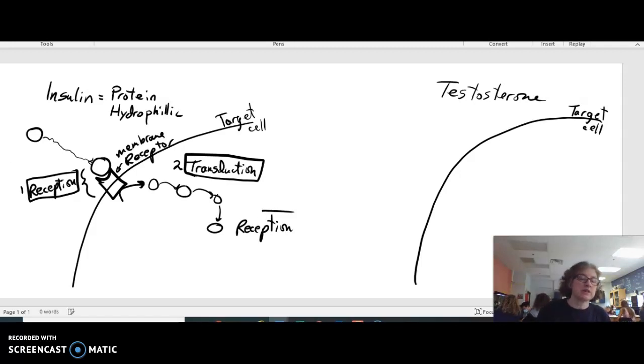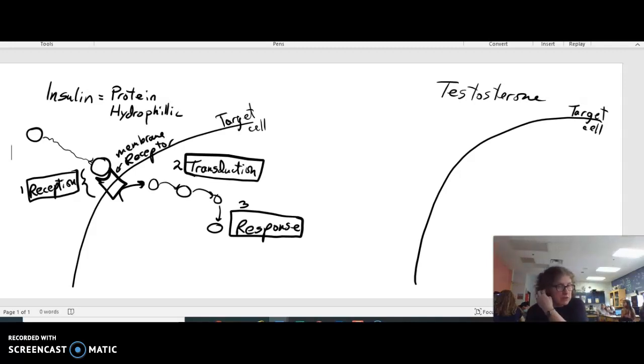The response is what I meant. Response, not reception. Response is the final step for any signal transduction system. Okay, so the response for insulin is that you have vesicles that are in most living cells that are